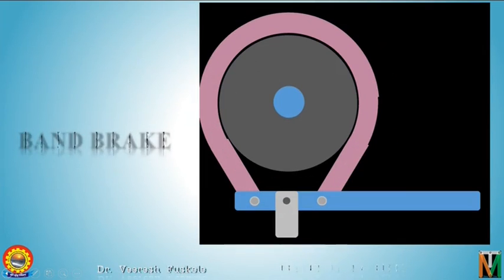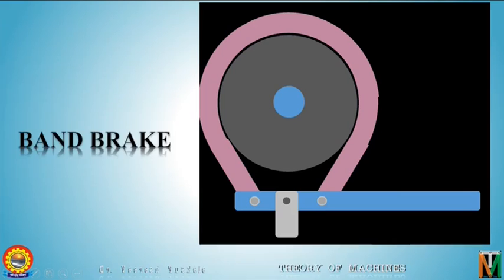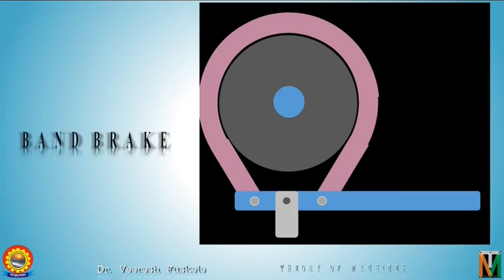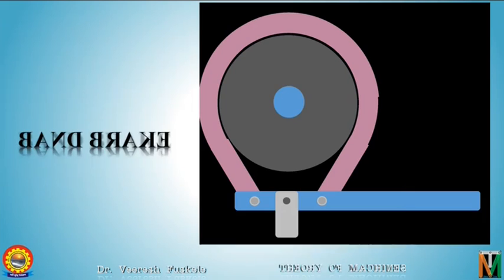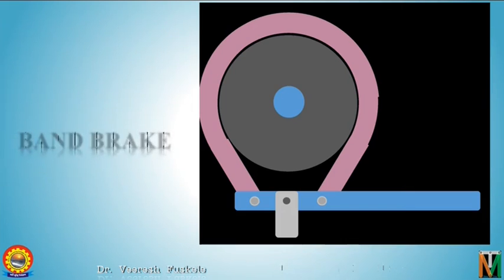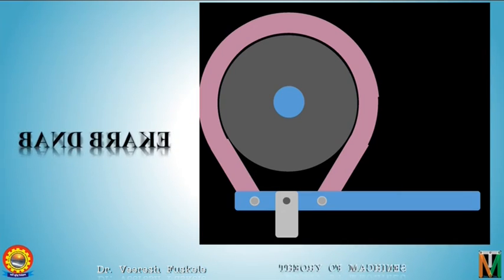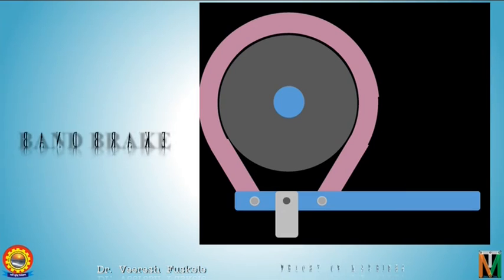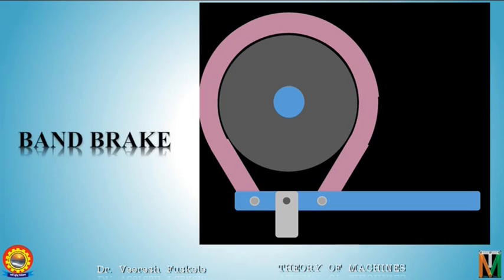What is a self-locking brake? When the force needed to apply the brake is virtually zero, or once contact is made between the block and the drum, the brake is applied by itself. Such a brake is known as a self-locking brake. Now what is a self-energizing brake? As the moment of the friction force about the pivot point is in the same direction as that of the applied force, the frictional force aids the applying of the brake. This type of brake is known as a self-energizing brake. These are just the definitions for now. You will understand these terms better during the analysis of brakes.